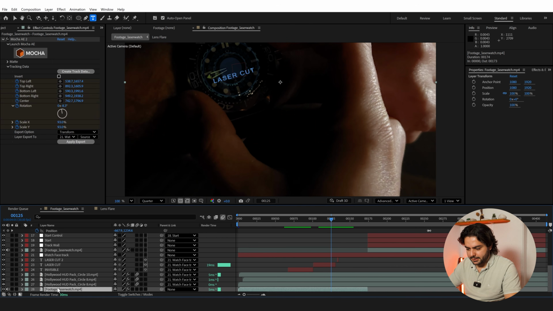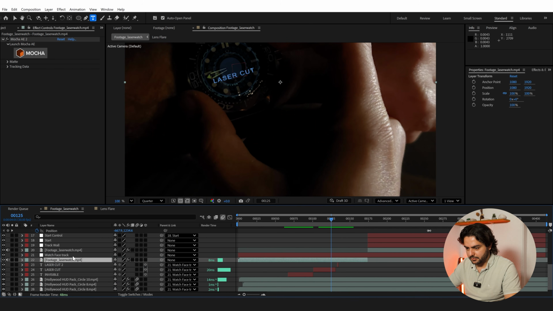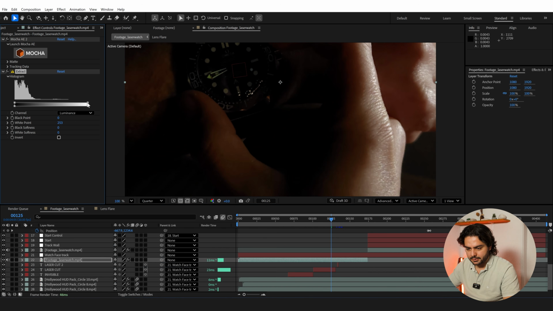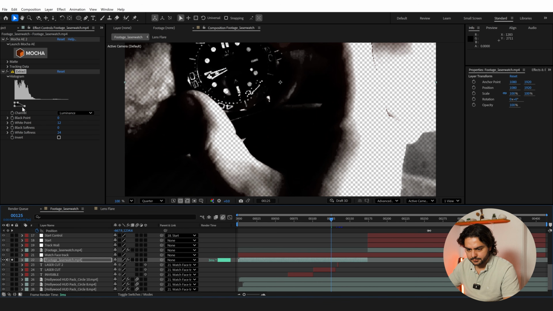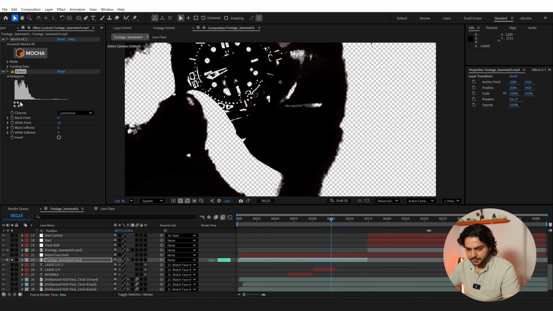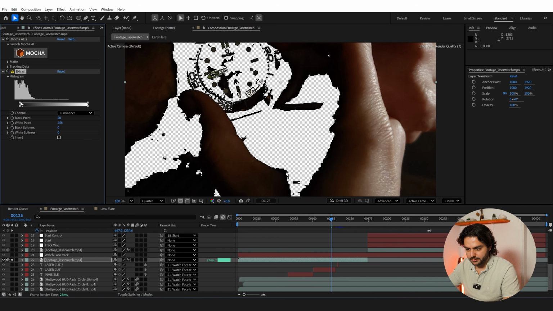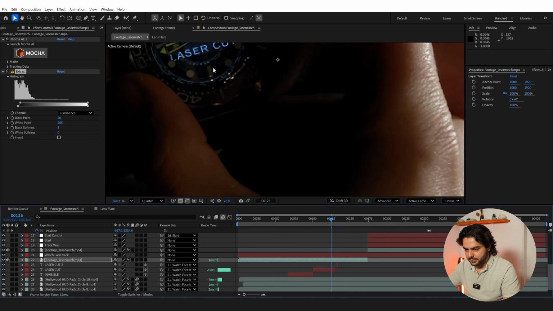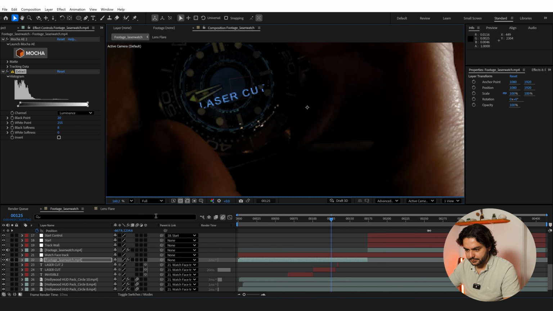And if you then want the original watch to be on top of the effects, we can drag the original clip all up on top, use the extract effect, and remove parts of the white until you're satisfied here. And I'm actually doing it the wrong way. It's the black I have to remove. And there we go. And that way it looks a little bit more integrated into the watch,